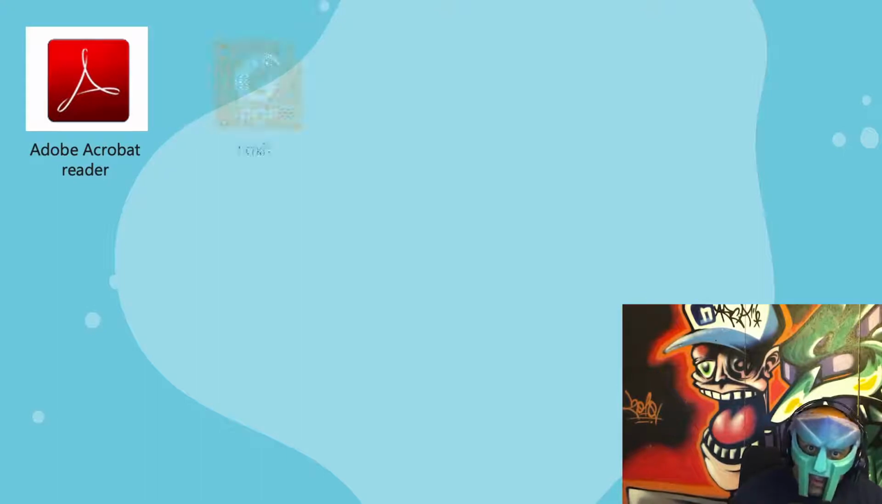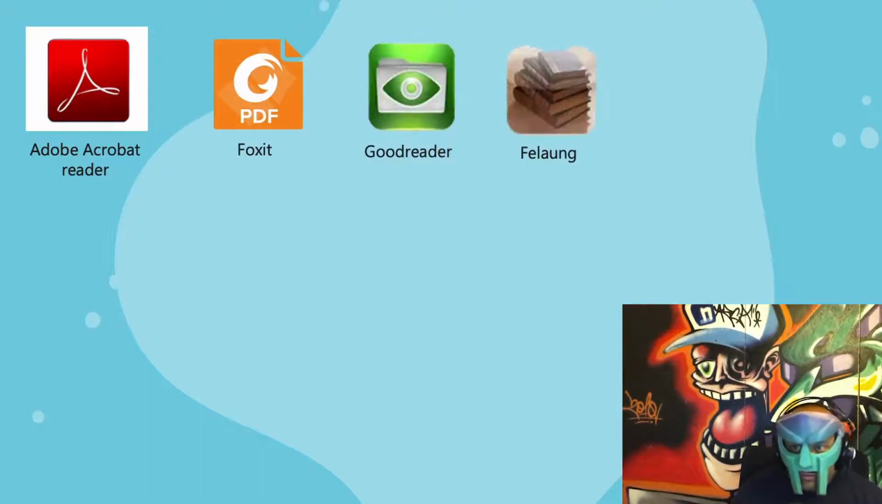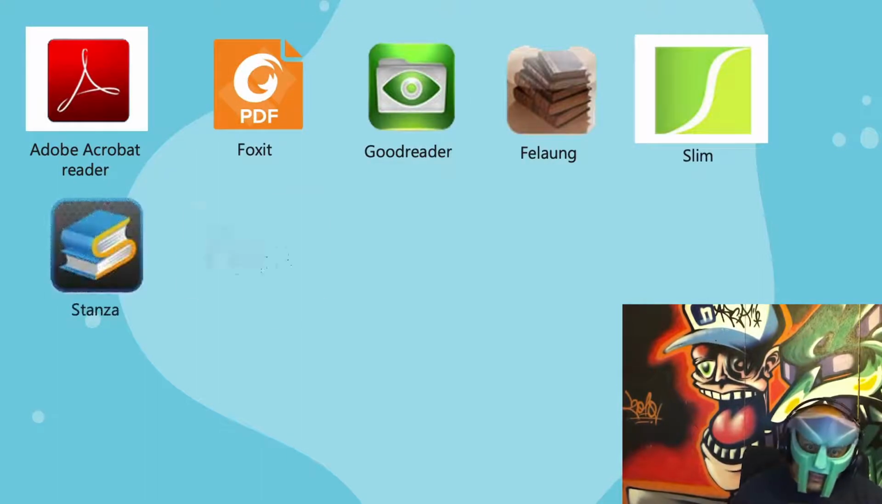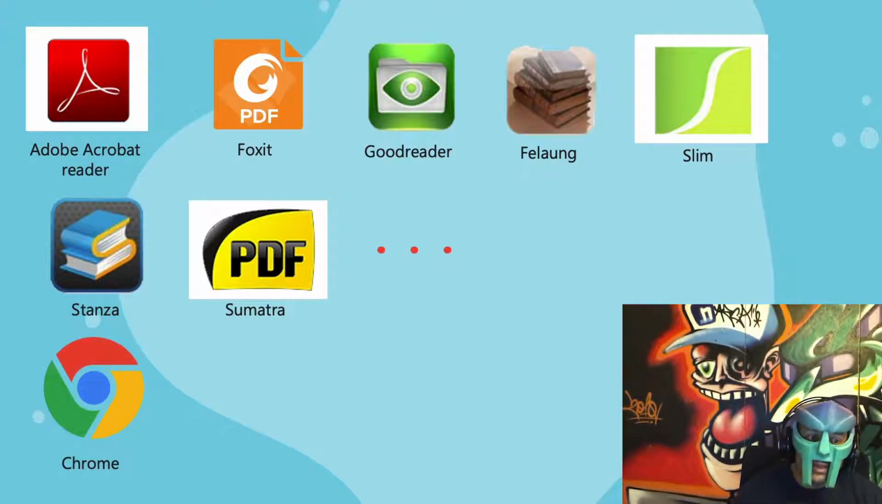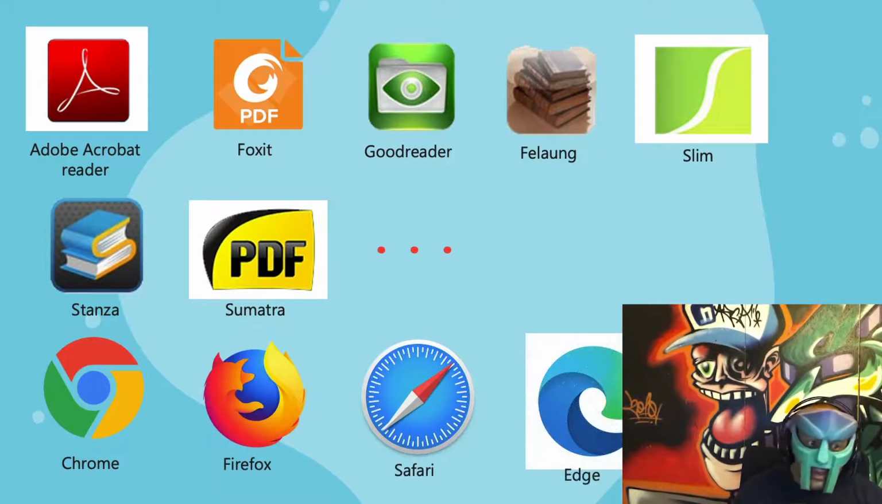There's Adobe Acrobat, there's Foxit, there's Goodreader, there's Phalanx, Slim, Stanza, Sumatra, and on and on and on. But we have to remember that PDF readers aren't just these kinds of applications. Most web browsers contain a built-in PDF reader engine that can also be targeted. So Chrome, Firefox, Safari, Edge can all be used to read PDFs and in turn introduce vulnerabilities that can be